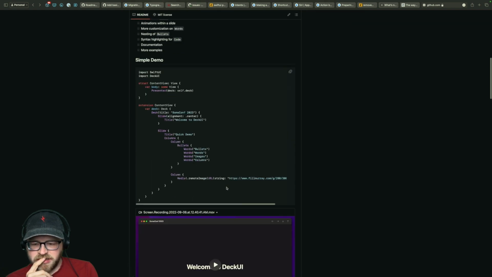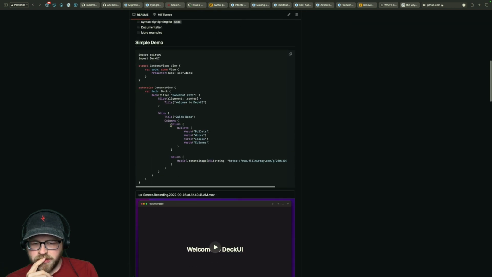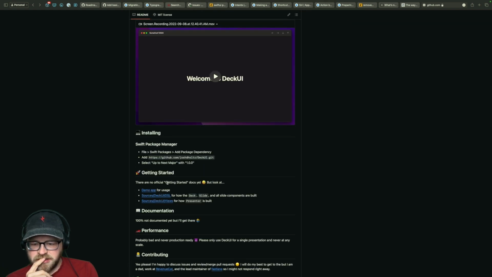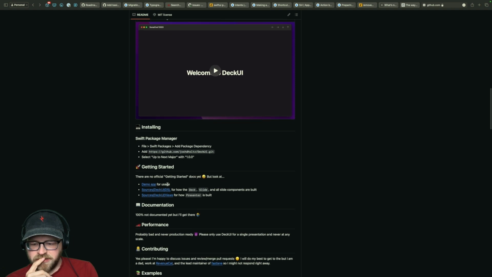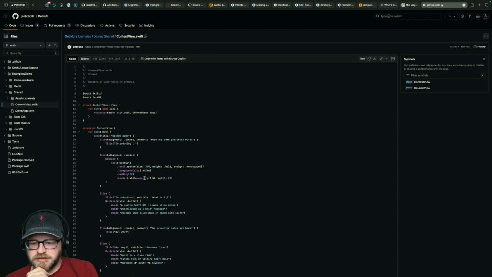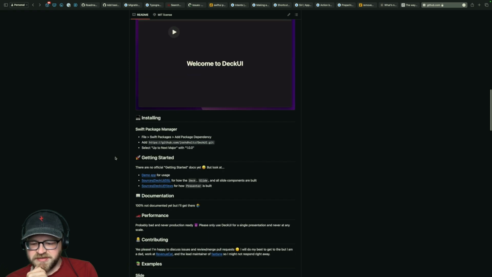I think I just create a protocol or a package and then start building it, right? Demo app for usage. Okay, it might have to be an actual app. Okay, that's fine too. We can work with that.